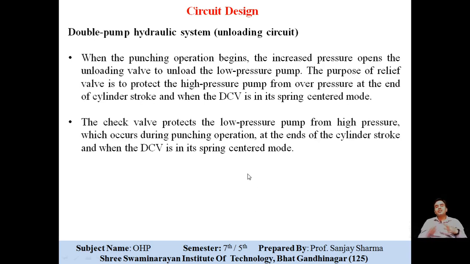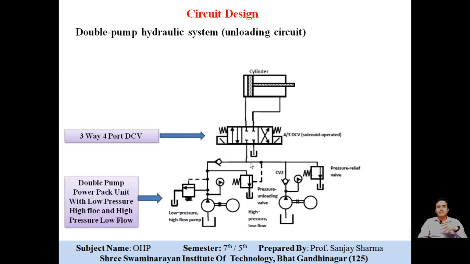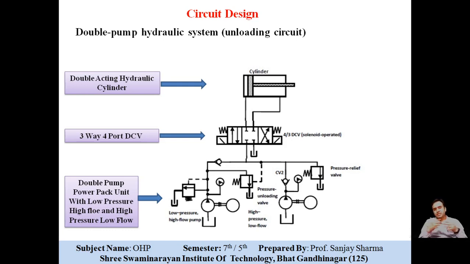The check valves are located. There are two different check valves. I'll just show you for your reference. Two check valves are there here. Here you can see this is the CV2. This is the check valve, and this is again the second check valve. It is a kind of NRV, which provides the non-return flow of the system.